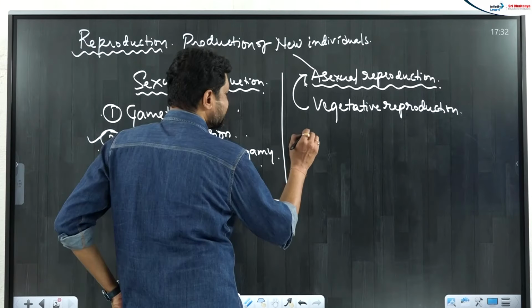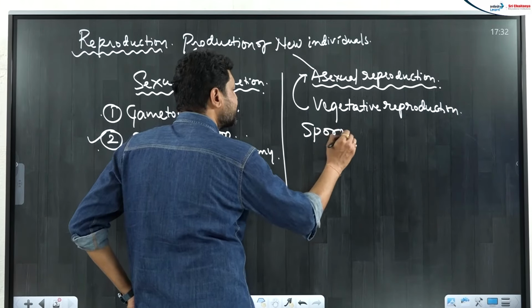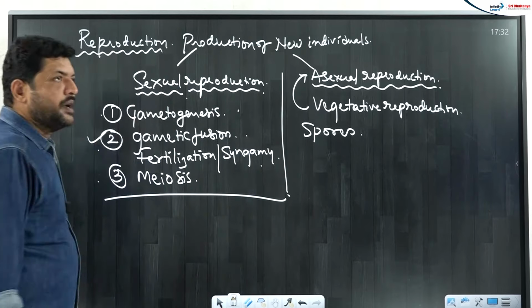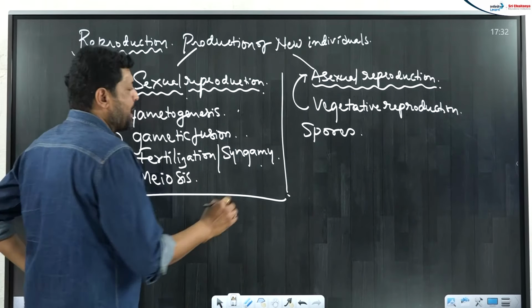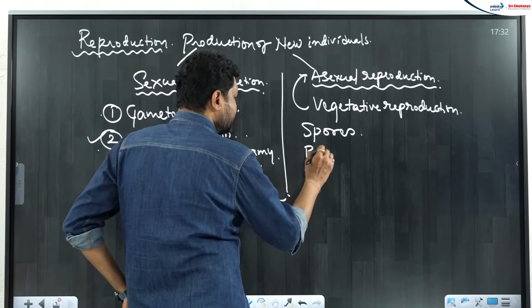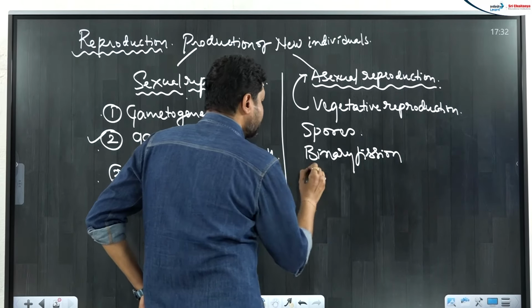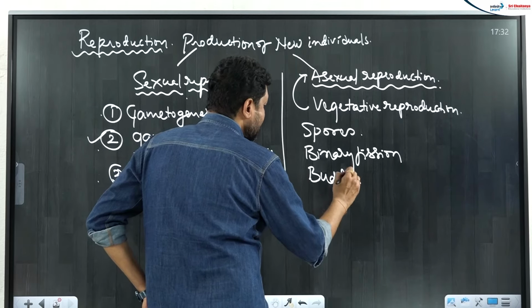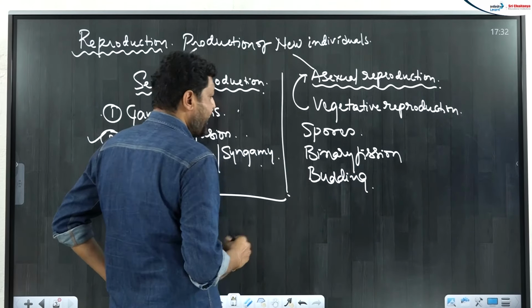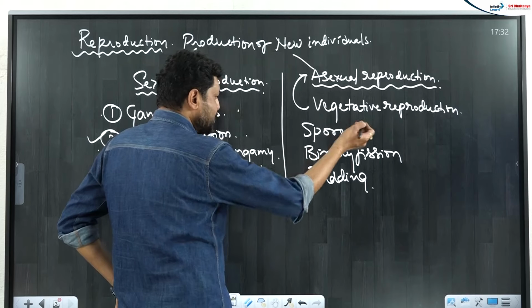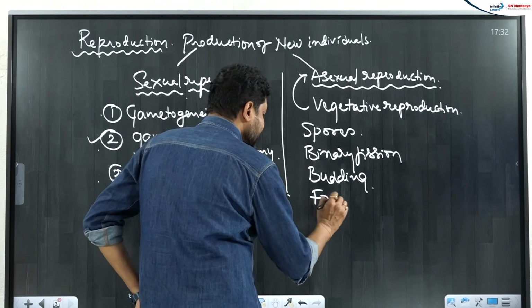Asexual reproduction takes place by means of spores. In some cases they produce spores, or you can go with binary fission, budding is seen in yeast and hydra, binary fission in amoeba, spores are produced in fungi, fragmentation,